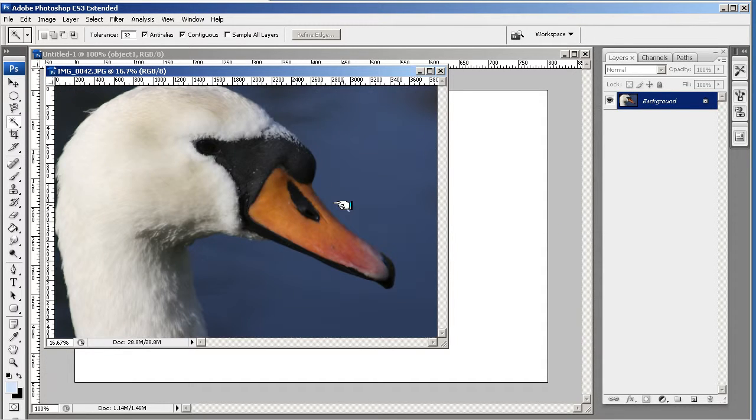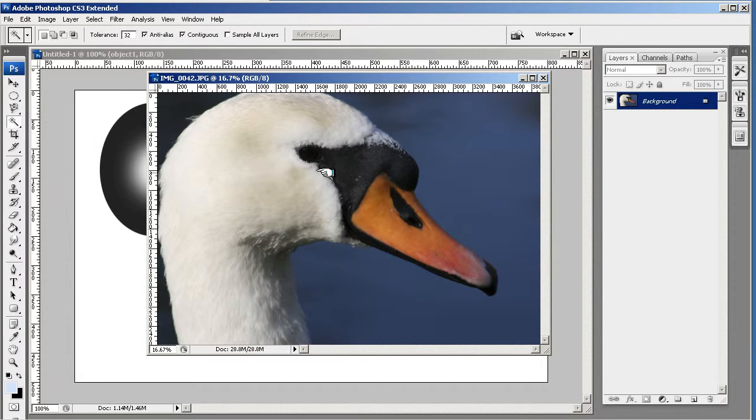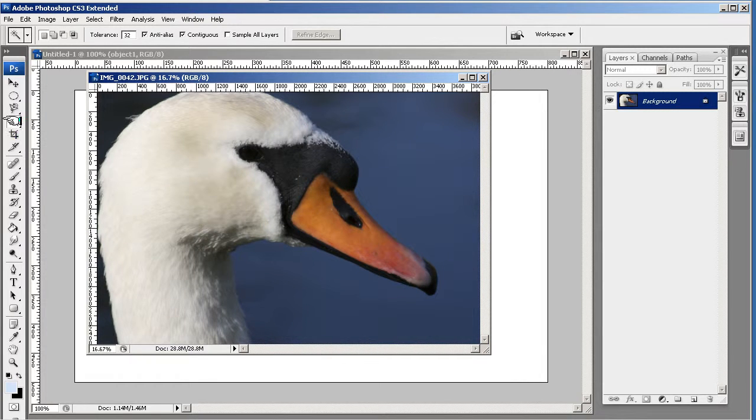And I'm just going to take this back to what we originally had it, so I can carry on working with it, like so. Okay, right, so that's the magic wand. This is the quick selection tool. Allows you to select areas and sort of